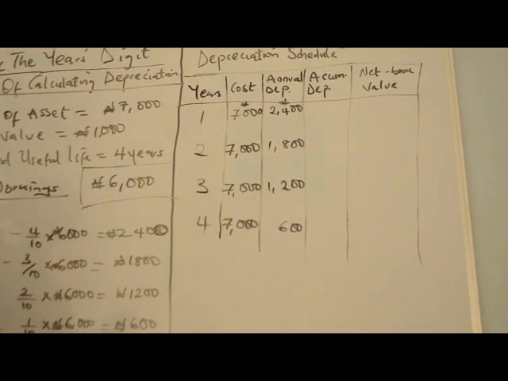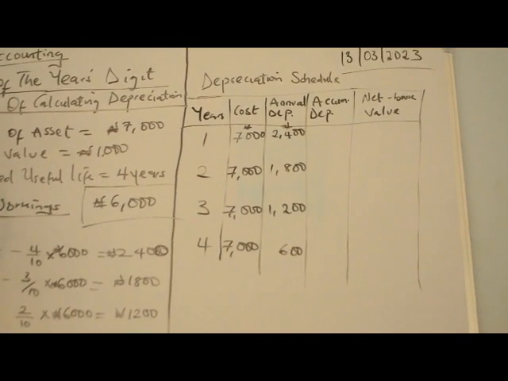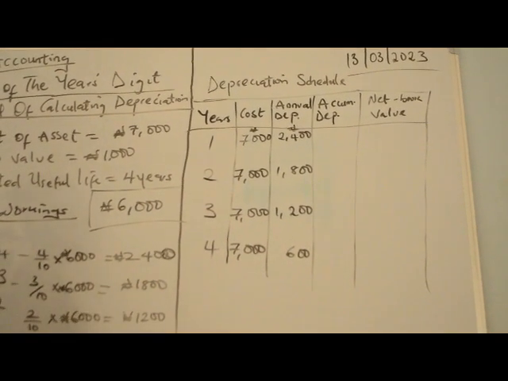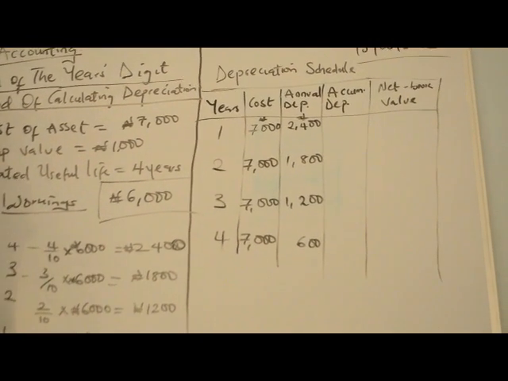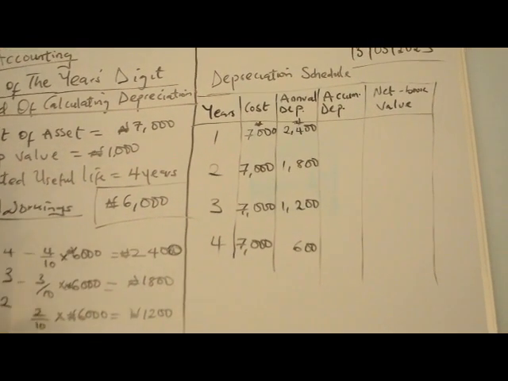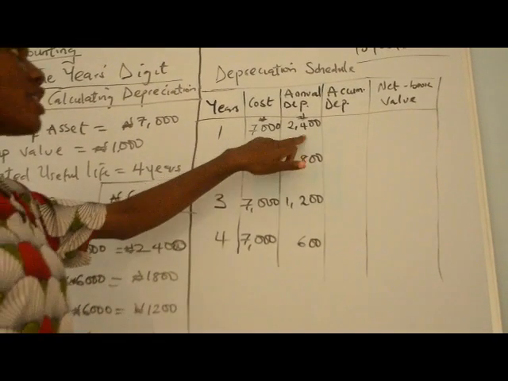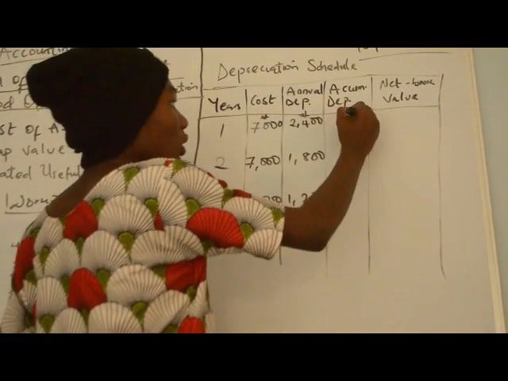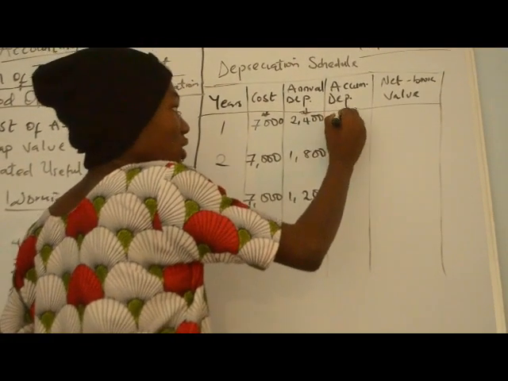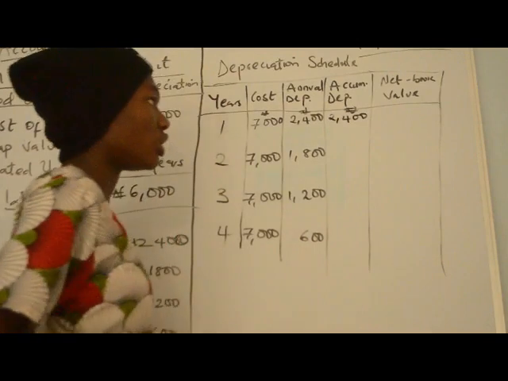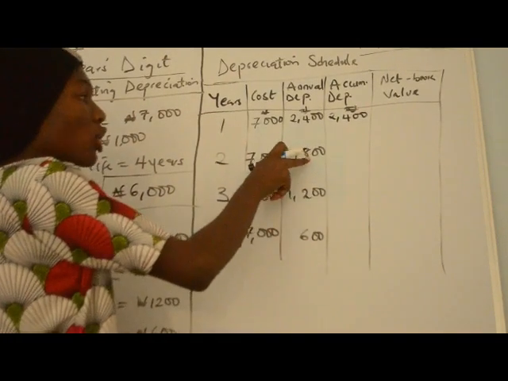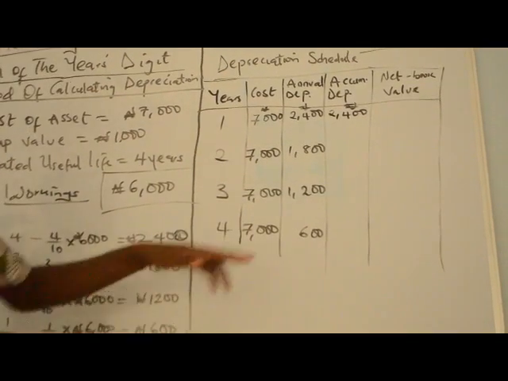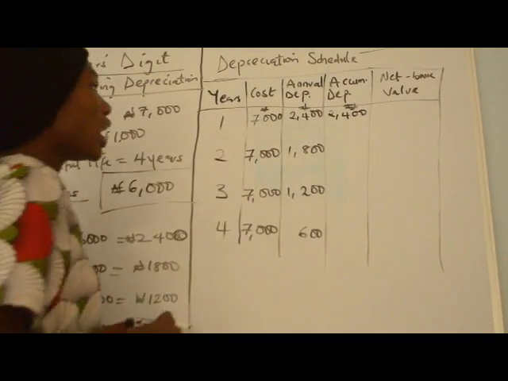Okay? Now, the next thing to do is our accumulated depreciation. Like I said, our accumulated depreciation is the depreciation for this current year plus the depreciation for the previous years. Now this is our first year, so there was no previous year, so we only have the current year. So our accumulated depreciation will just be 2,400 naira. Alright, now for our year 2, this is our current year, but we have a previous year, right? So our accumulated depreciation will be this plus this, okay? And that will be giving us